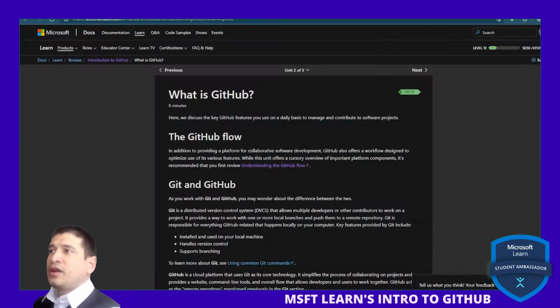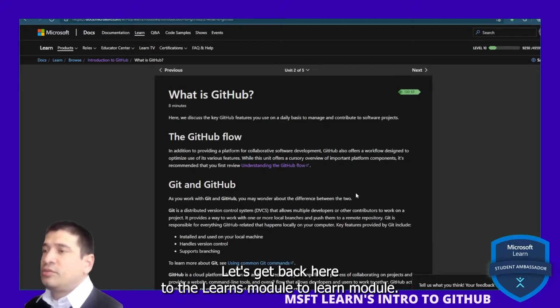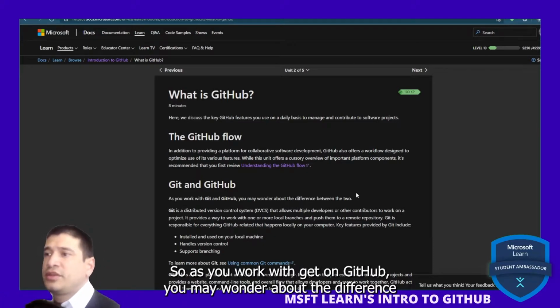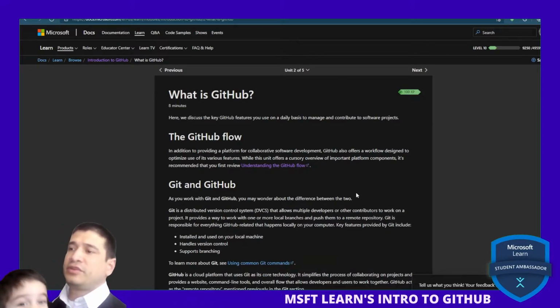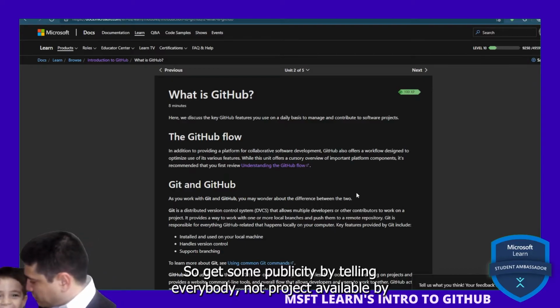Let's get back here to the Learn module. So as you work with Git and GitHub, you may wonder about the difference between the two. So Git, as I said before,